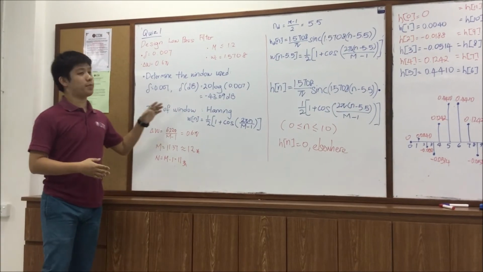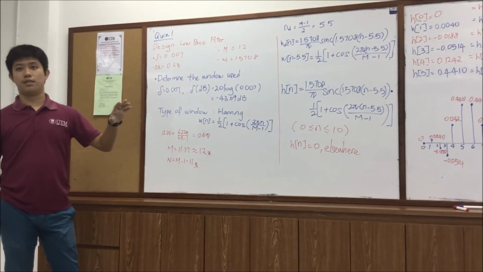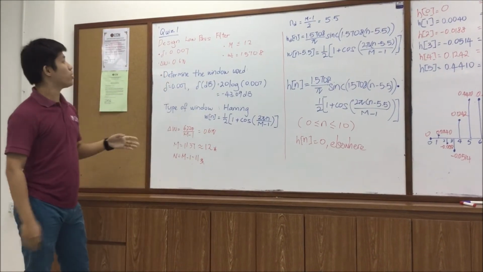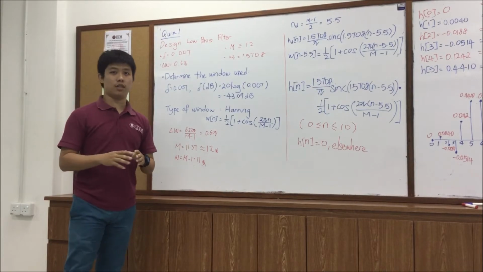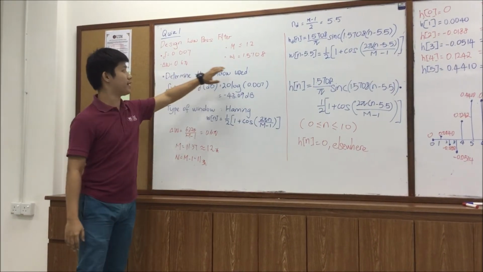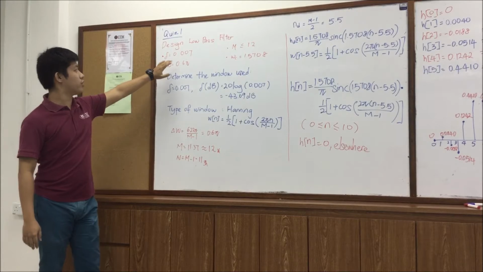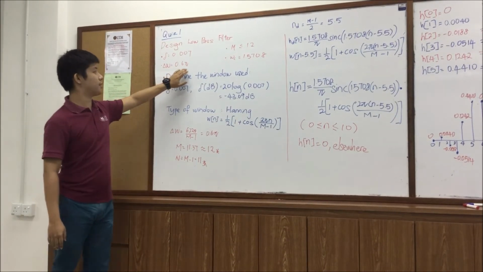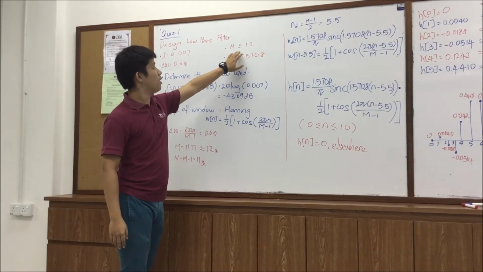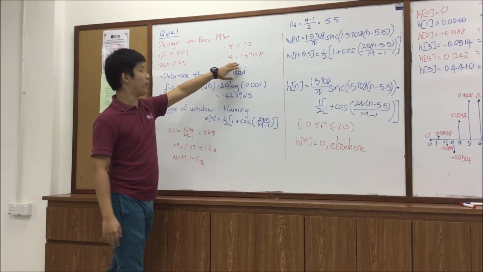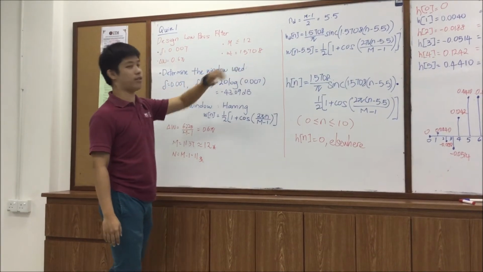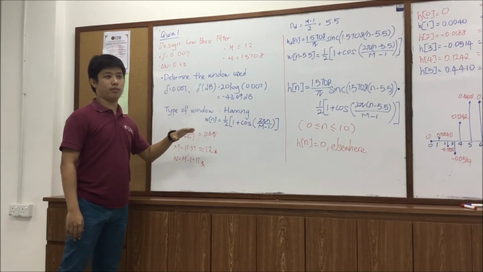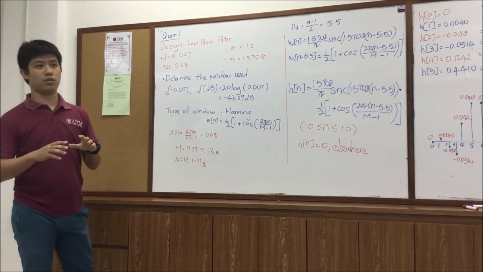Okay, so now I will explain the lecture note on slide 22, which is quiz 1. In quiz 1, we are required to design a low pass filter with this specification. We have a damping of 0.007, transition bandwidth 0.6 pi, M less than or equal to 12, and omega c is 1.5708. At first, this quiz is different from the two examples before because we do not know